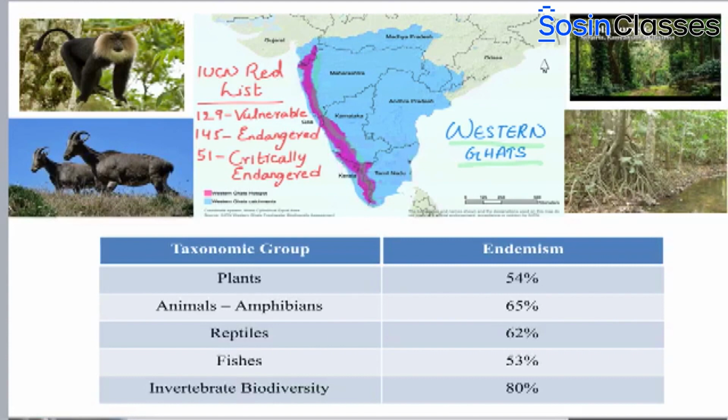Of the nearly 650 tree species found in the Western Ghats, 352, that is 54%, are endemic. Animal diversity is also exceptional, with amphibians up to 179 species, that is 65%, found to be endemic, while reptiles, that is 157 species, up to 62%, are endemic, and fishes, up to 219 species, that is 53%, are found to be endemic. Invertebrate biodiversity, once better known, is likely also to be very high, with some 80% of